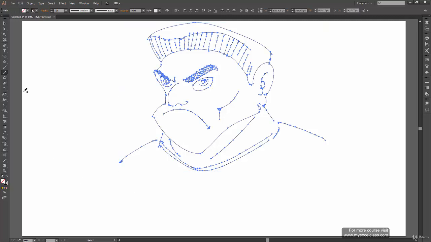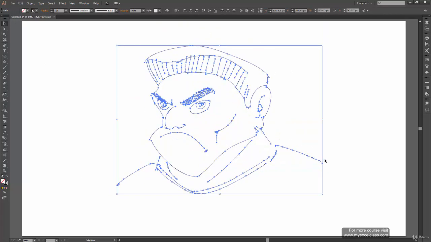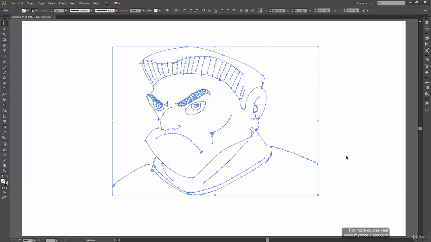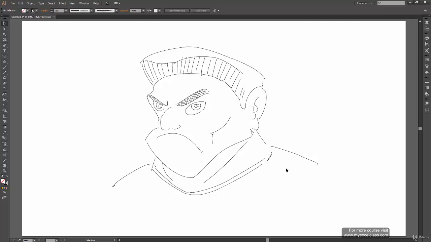Let's select all of them, use our selection tool and move this to the center. Now, if you're drawing with a mouse, then you might find it difficult to draw something like this. But if you're using a pen tablet, then you might find it convenient to draw. So again, it depends a lot on the kind of device you're using, plus, it depends obviously on skills also.